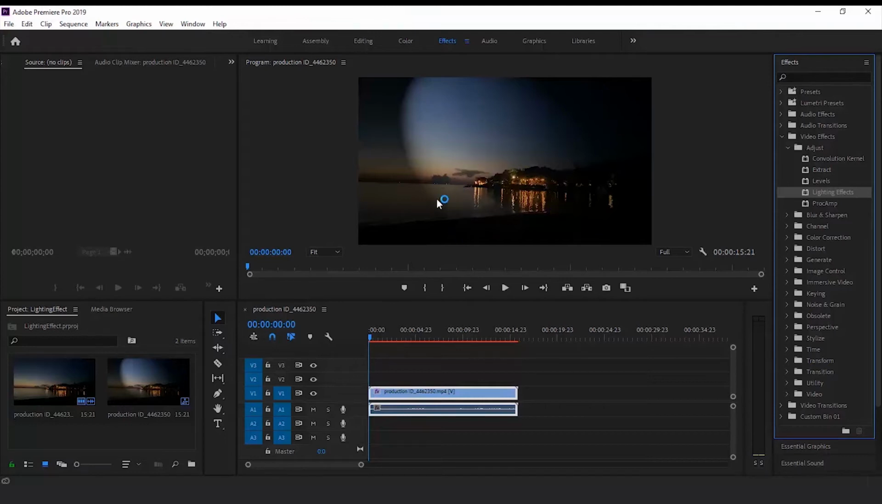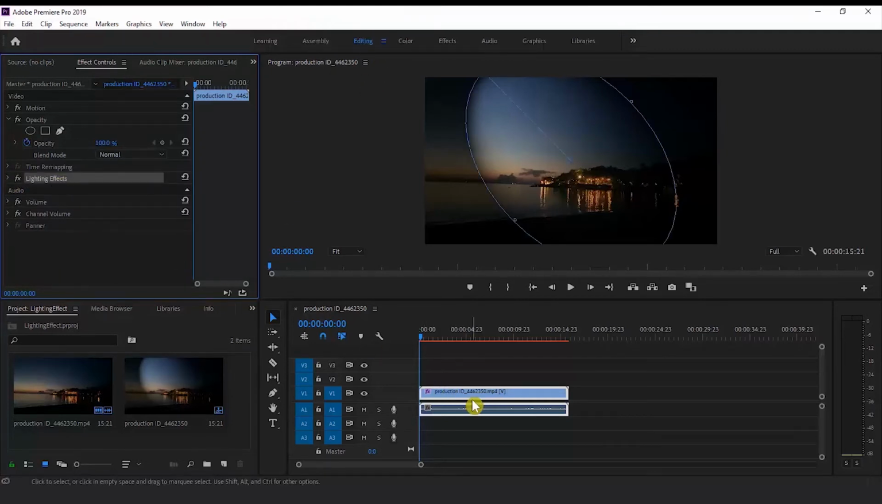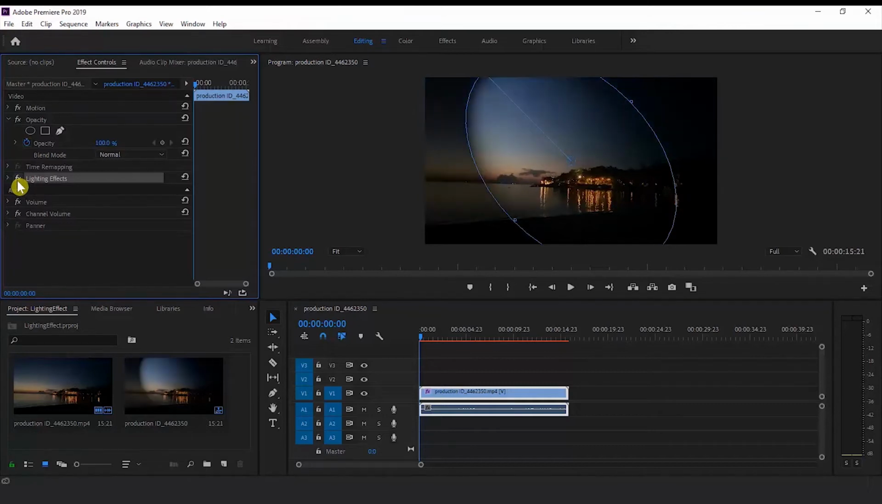After this, in program monitor, you can see by default lighting effect has been applied to your clip. Now let's go to effect control tab to understand properties which can enhance your lighting effect. Now here we have access to lighting effect for this clip. So here we can turn on and off this effect by clicking over here. Now click this rectangle to expand this effect